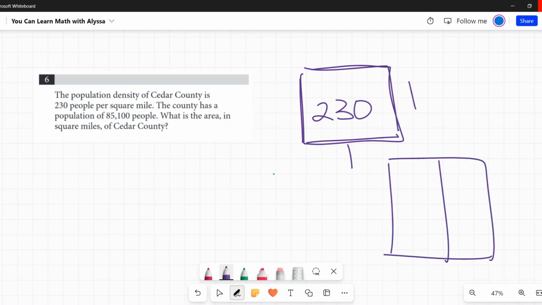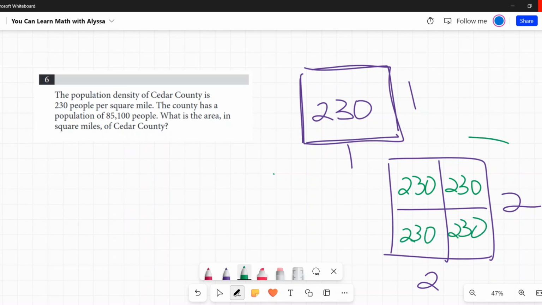So if, let's say, the county was only 4 square miles, 2 times 2 being 4. Each of these square miles would have 230 people in it. So if I was looking at this one right here, how would I figure out how many people are in that box? Well, I would take the number of people